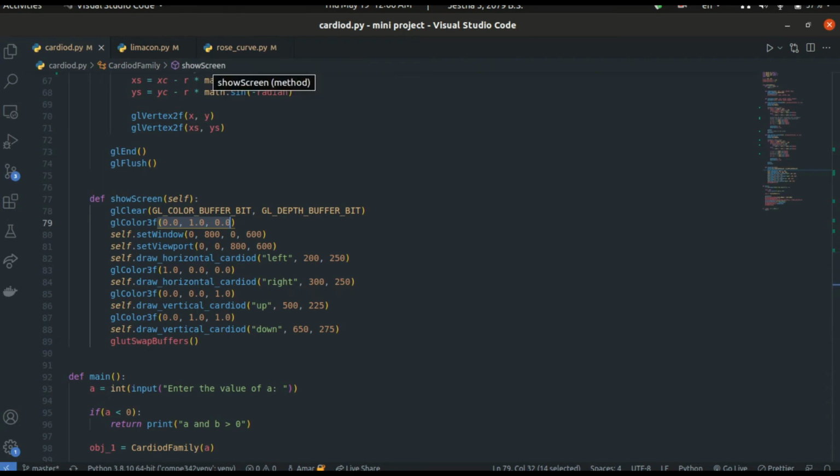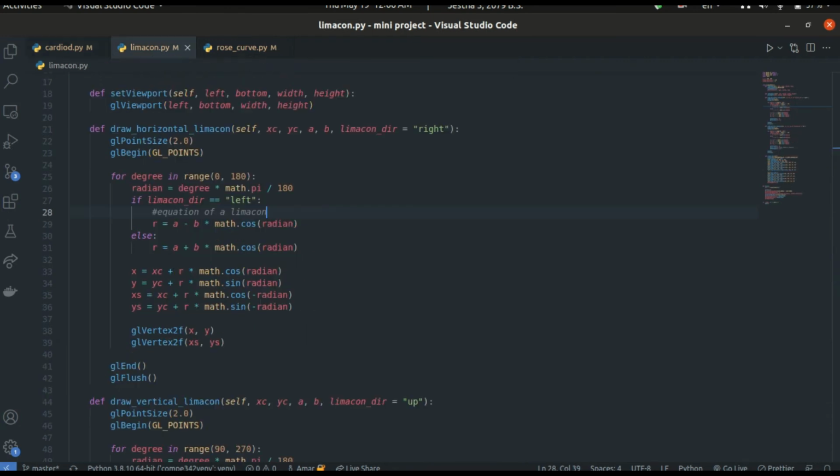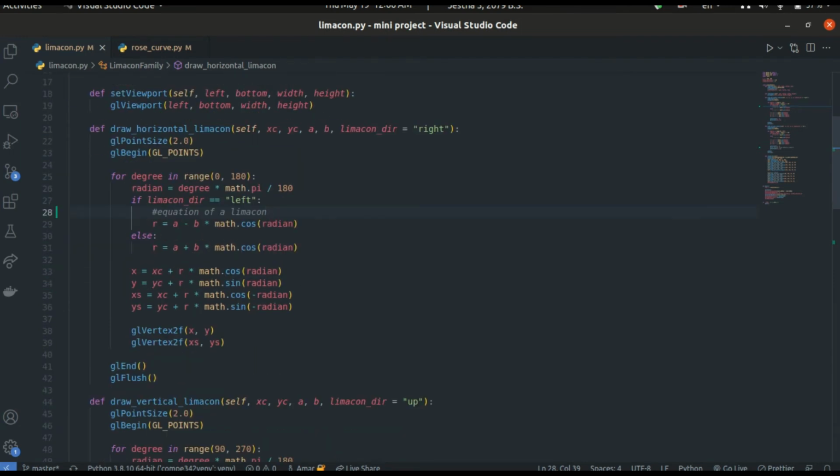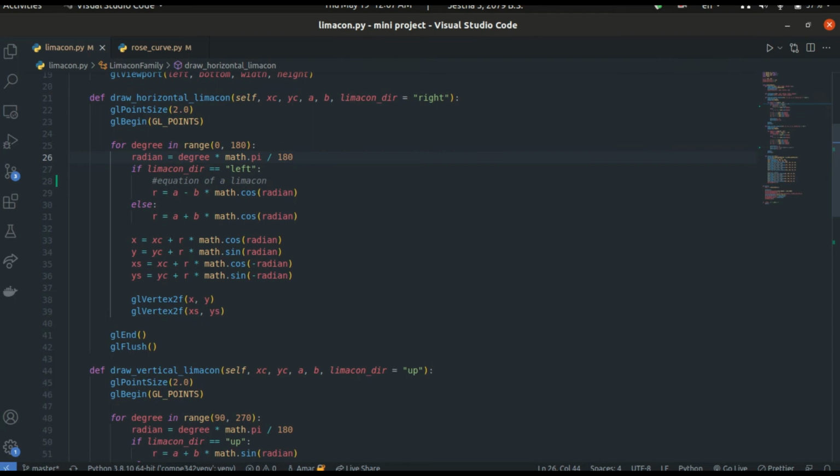Now it's time to move to another portion of the code, that is the Limacon. All the other configurations are the same, just there are differences in the formula. So here we can see it is for the curve symmetric about the x-axis. This is the formula: a minus b into cos theta and a plus b into cos theta for left and right respectively. Now we are calculating the symmetric points